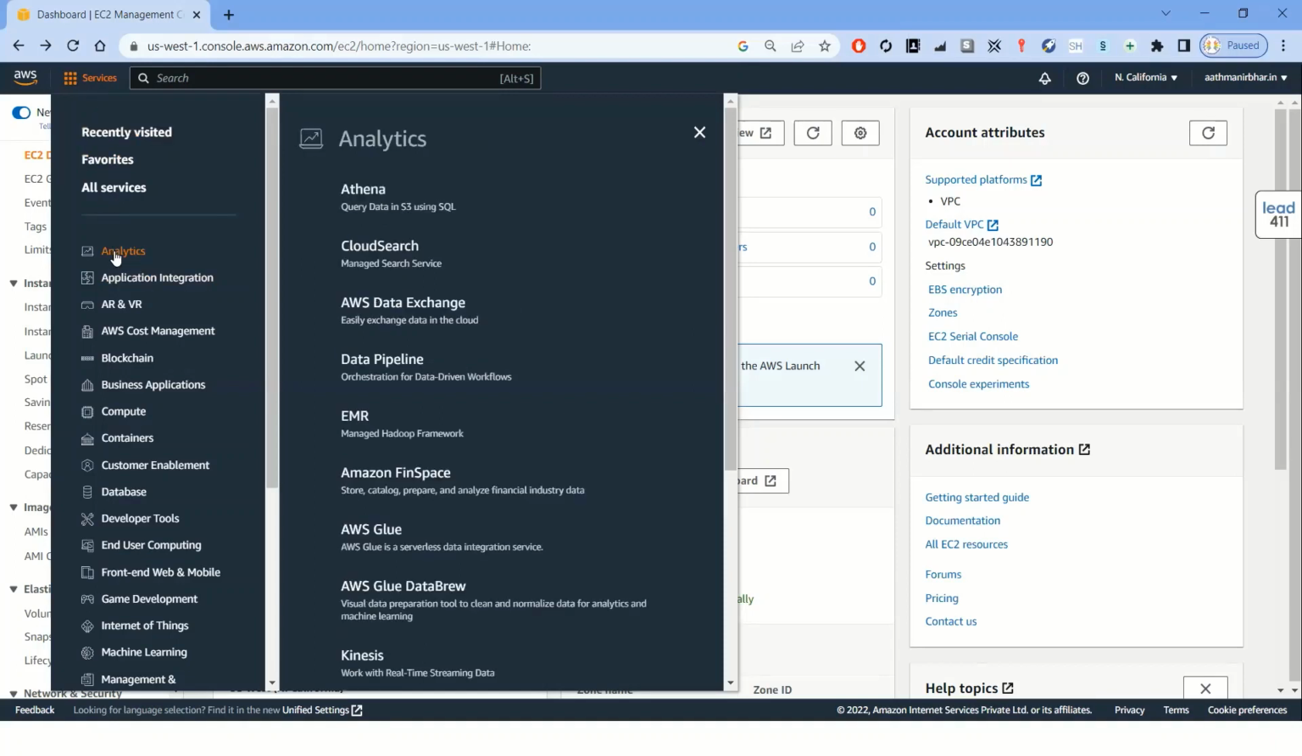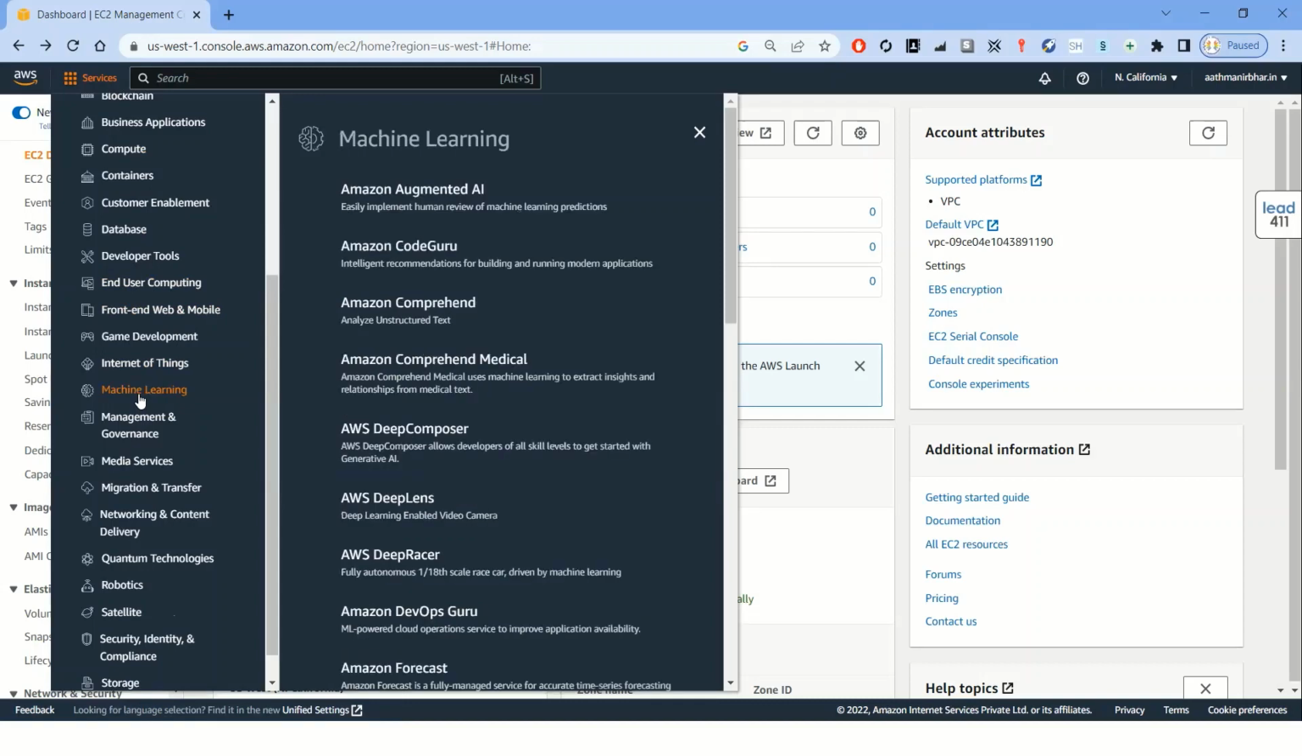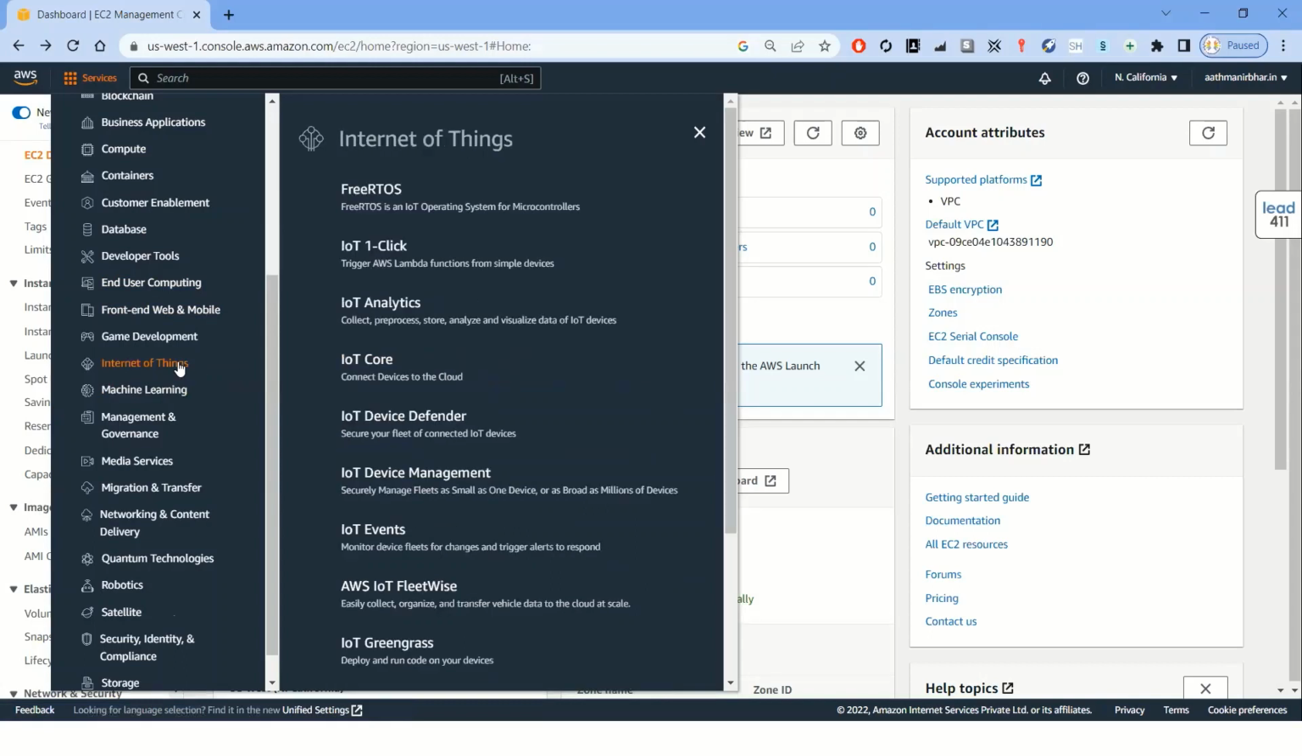If you select analytics, under analytics you have Athena, one service. This is especially used to query data in S3 using SQL. CloudSearch, AWS Data Exchange, Data Pipeline, there are so many. And similarly, I want to show something, machine learning. Under machine learning, we have so many services available. Similarly, if you select IoT, Internet of Things, you have